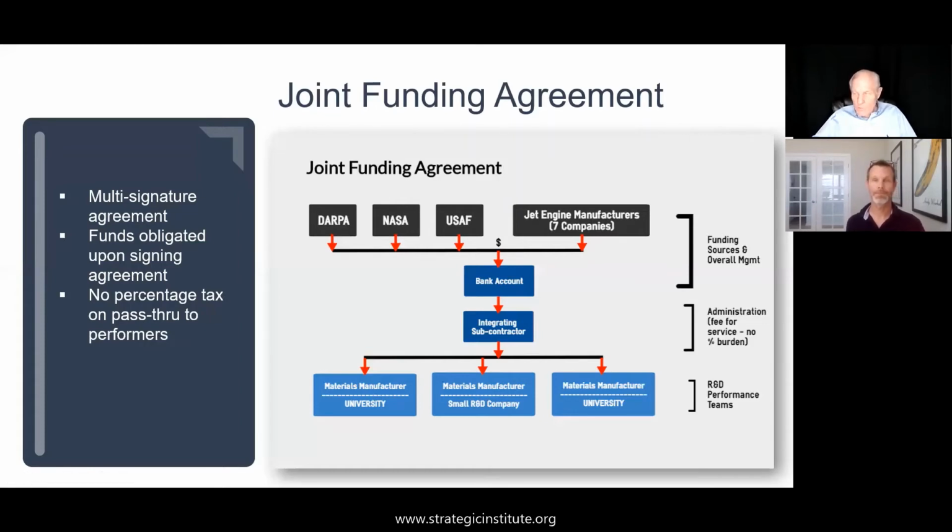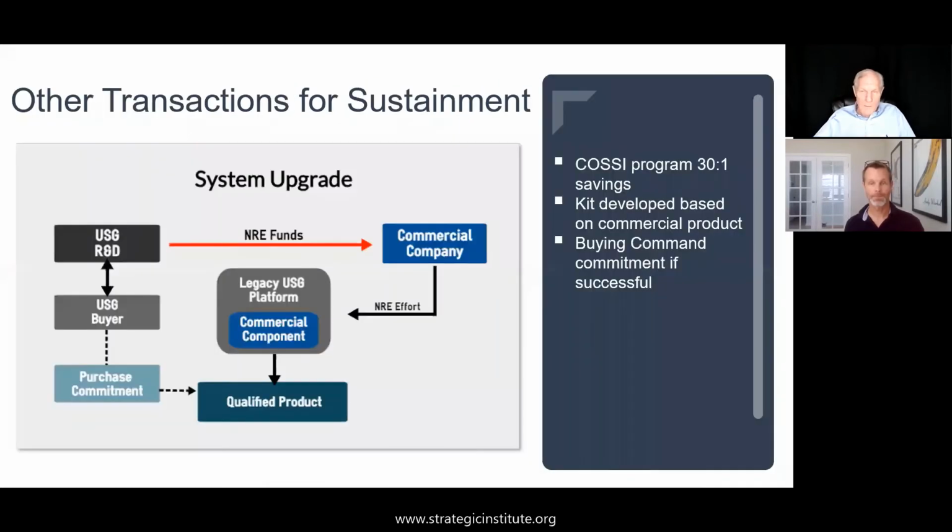The goals of the program were clear, and the program was operated consistent with those goals. So there's an example of a multi-party agreement, which you could call a consortium, but it operates very differently than these common consortia today. And next, please.